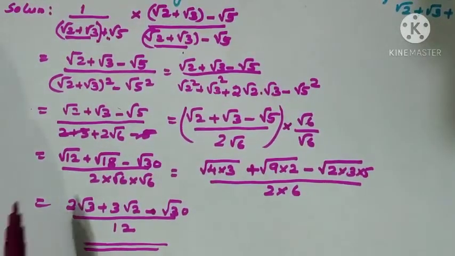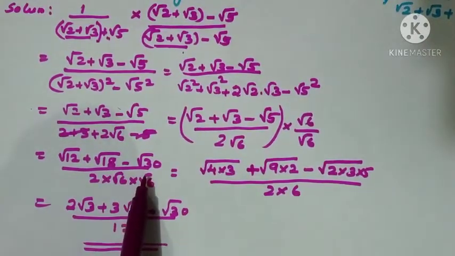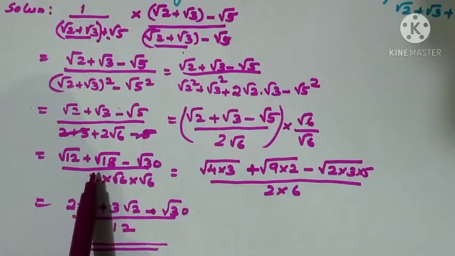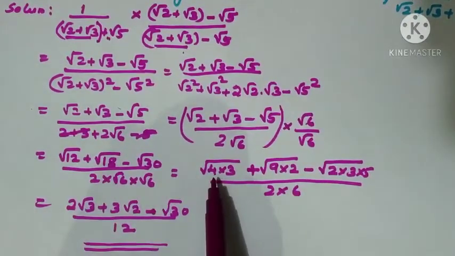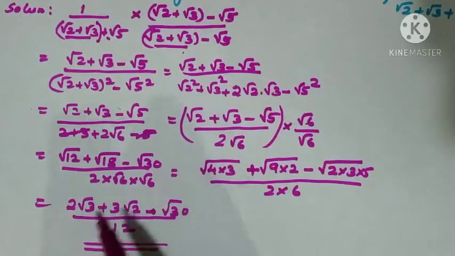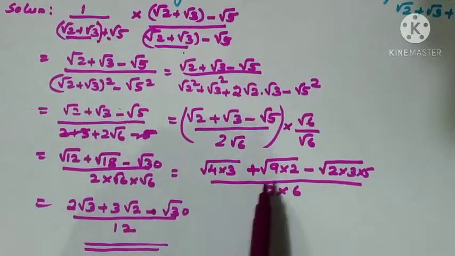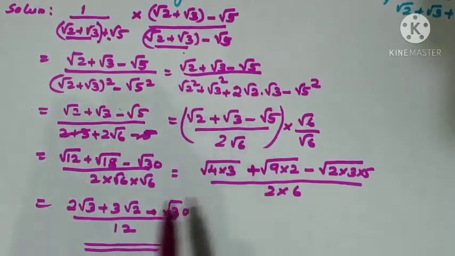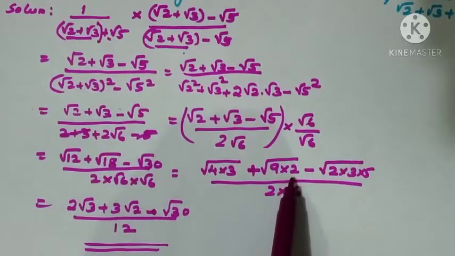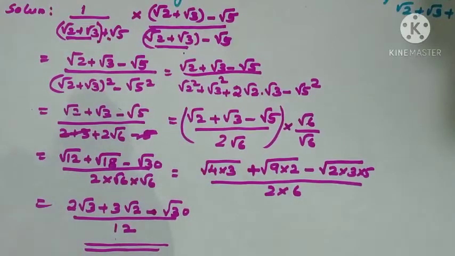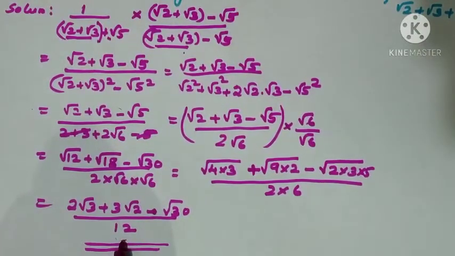Here what happens, you are getting root 12, root 18 minus root 30. If it is possible to remove the root, we must do it. So 12 can be written as 4 into 3. Root 4 we know is 2 only, right? And 3 we cannot find the exact root of, so it stays in the root. Again 9 into 2, root 9 we know, so the answer is 3. 2 has no exact root, so root 2, minus root 30 as it is, and the denominator will have 12. And based on the question, the denominator should not have any irrational number. We don't have any irrational number here. We got a rational number, which is 12.